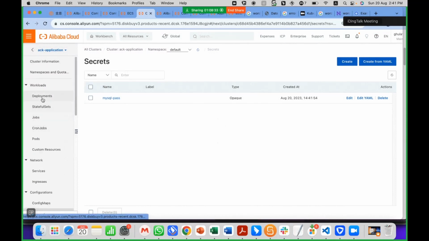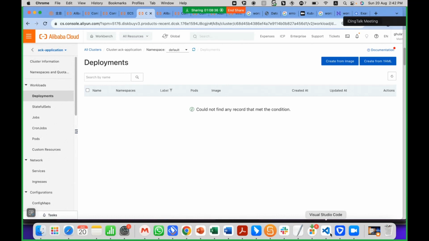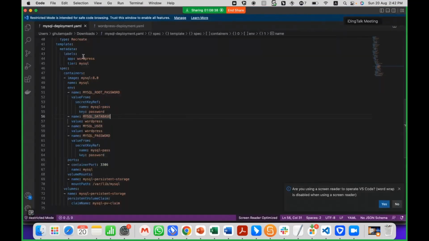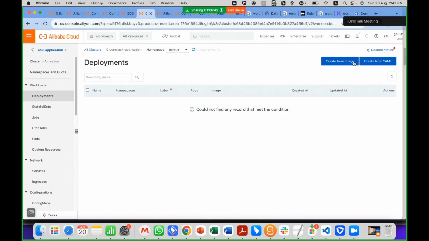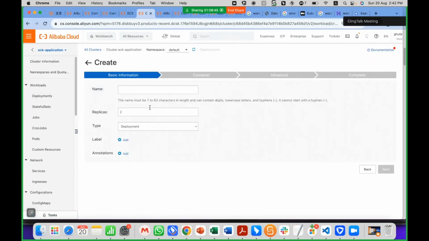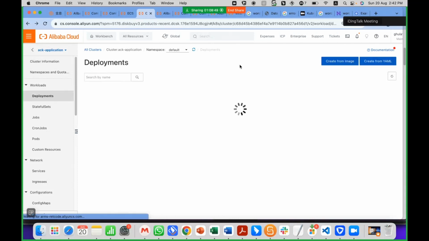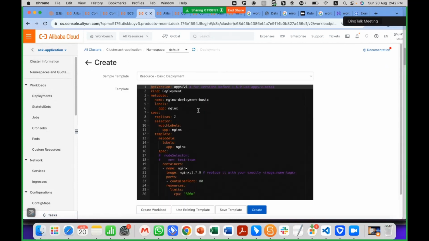The next part is how we can deploy. Firstly, I will deploy the MySQL. I just copy all these things, and I have an option to create from an image. I can select each and everything manually here, or I can choose my YAML file as well.